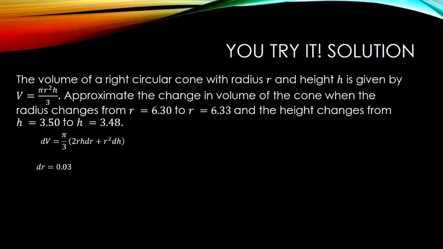Again, dr is 0.03 and dh is negative 0.02. dV will therefore be given by pi over 3 times the quantity 2 times 6.3 times 3.5 times 0.03 plus 6.3 squared times negative 0.02. This is approximately a change of